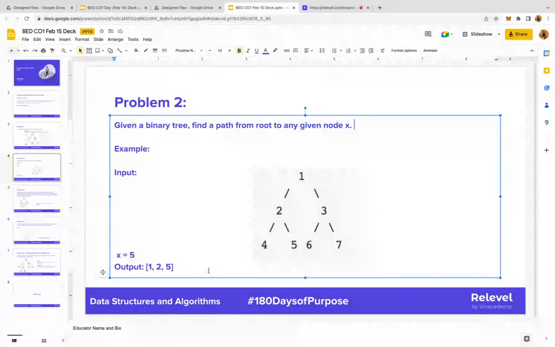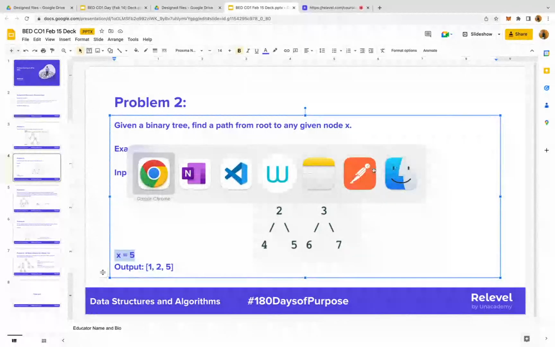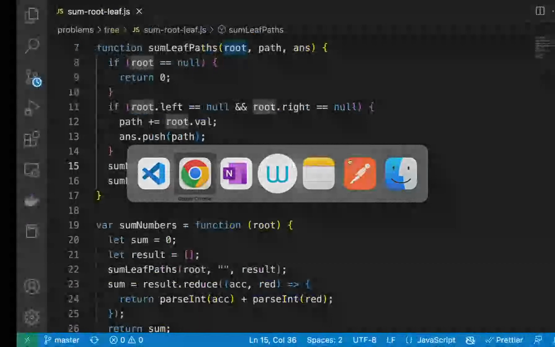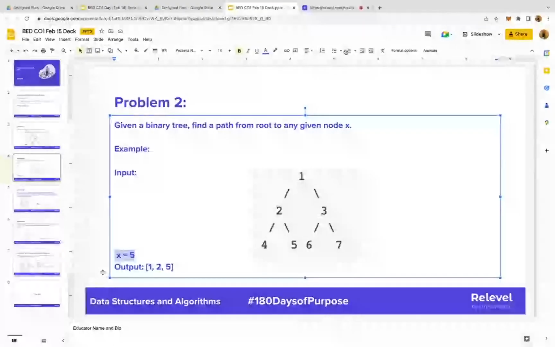So like, they have given, and they are saying you need to find the element 5. So once we reach 5, we just need to find out the path. What is the path? We have it here. So in a similar way, we can take an array, or if you want to go with the iterative approach, we can also take the iterative approach here as well. Once we reach that final element, 5,